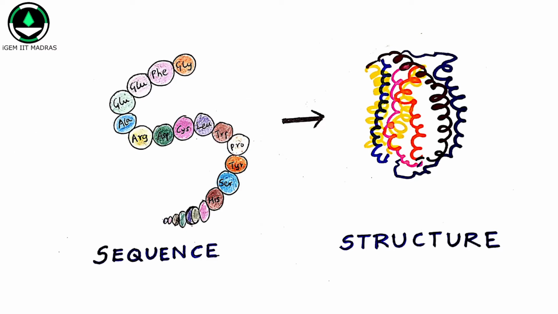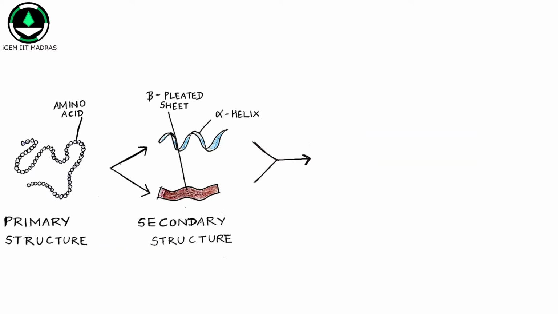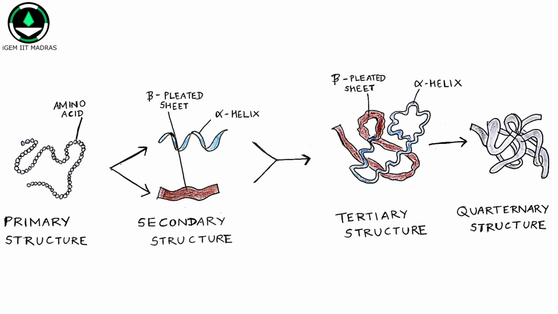There are different aspects of structure of a protein, like primary, secondary, and so on. The amino acid sequence is referred to as the primary structure of a protein. These structures are further stabilized by special bonds and form the secondary structure of a protein. Spatial relationship of these secondary structures gives a protein its unique three-dimensional shape.